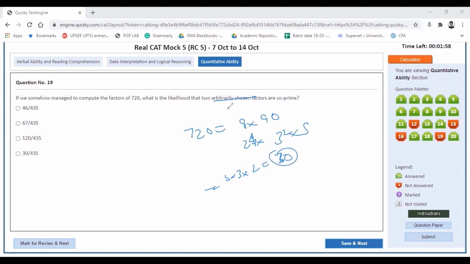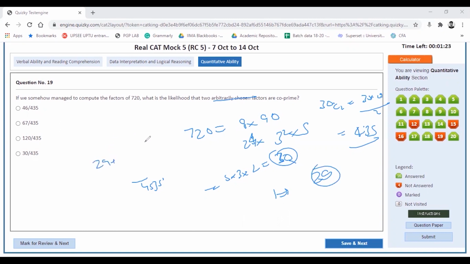Then we need pairs of factors, 30C2, that is 30 times 29 by 2. This is 29 times 15, that is 435. Okay, anyway, this is matching, right? And we need the co-prime ones. First I would try to take with the 1. When I take with the 1, there can be 29 other factors because total factors were 30. Subtract 1, this gives you 29 others.